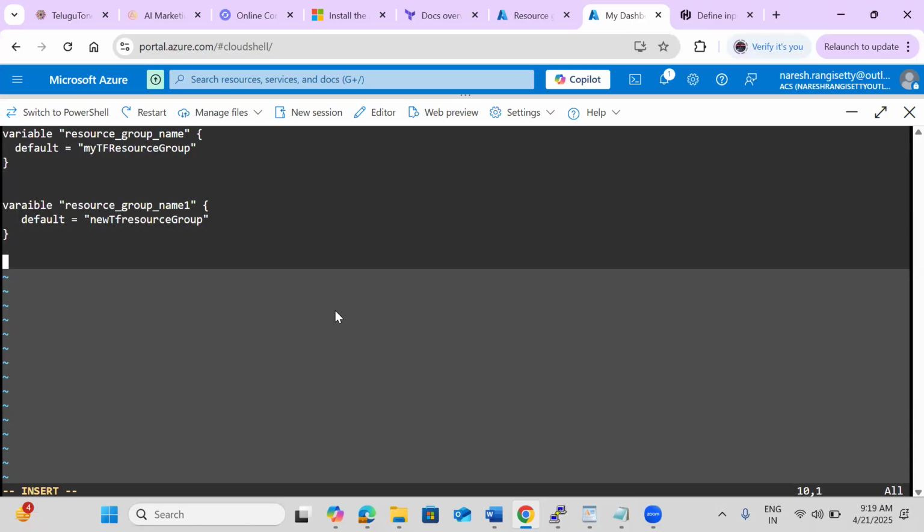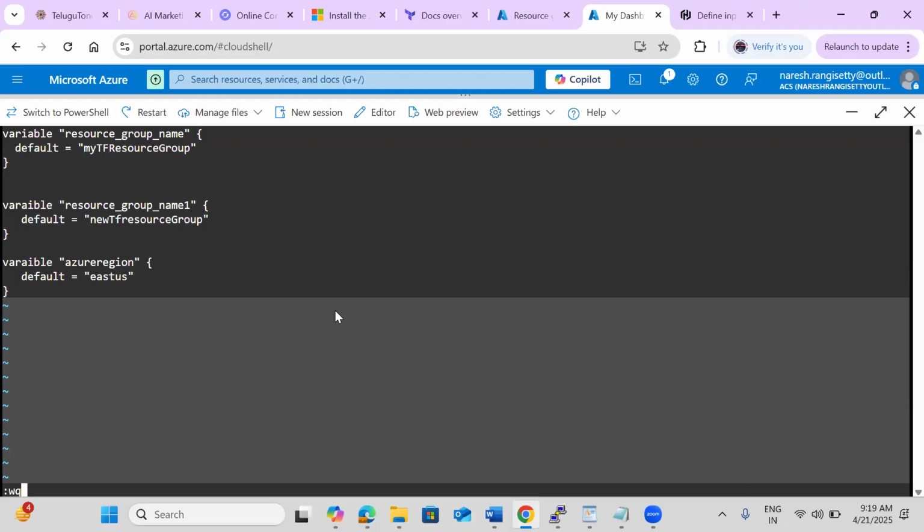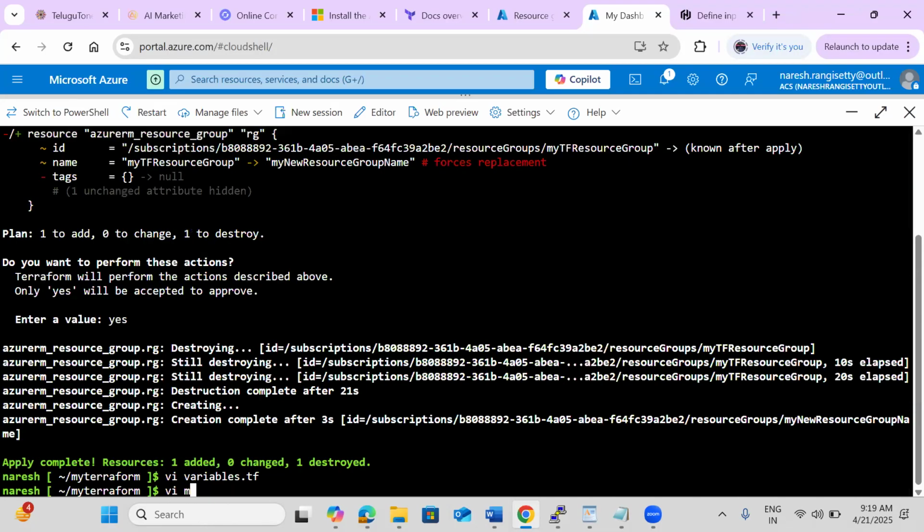Now I'm going to declare one more variable, azure region. I'm going to give azure region, and the default value I'm giving is East US. Now all these variables I have declared. Now if I go to main.tf,